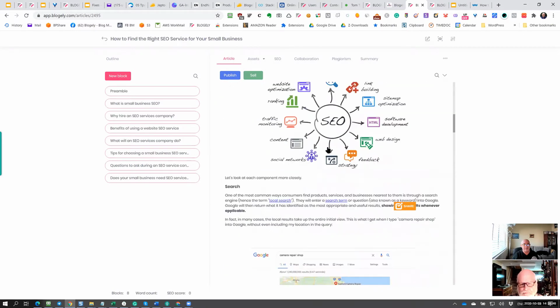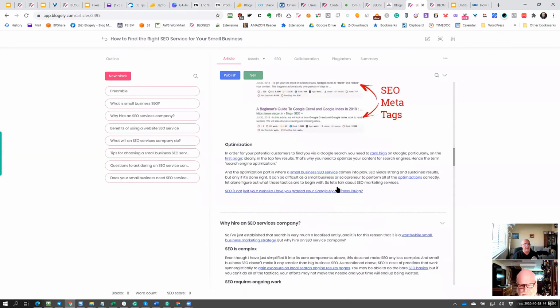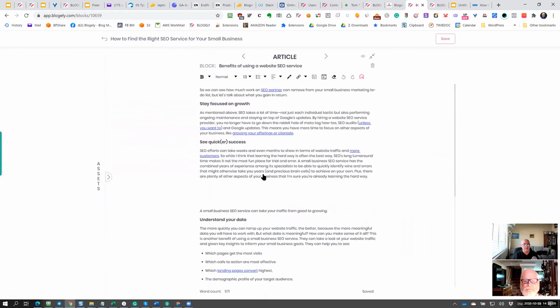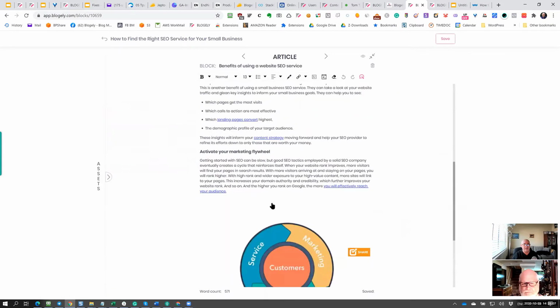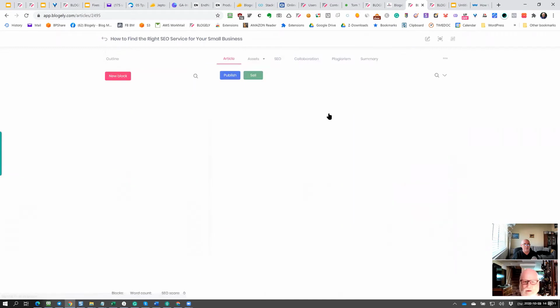You can see how this was imported. Those images were publicly shareable, so they appear here. We created the blocks as well. We simply look for the H2 tags, and as long as the H2 headers are there, we break it down by the headers, and when you click here, you go to a specific block of the article. So this one is clear.